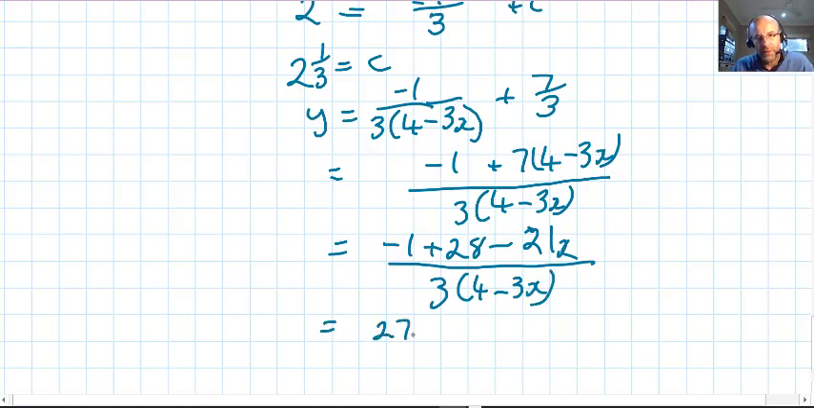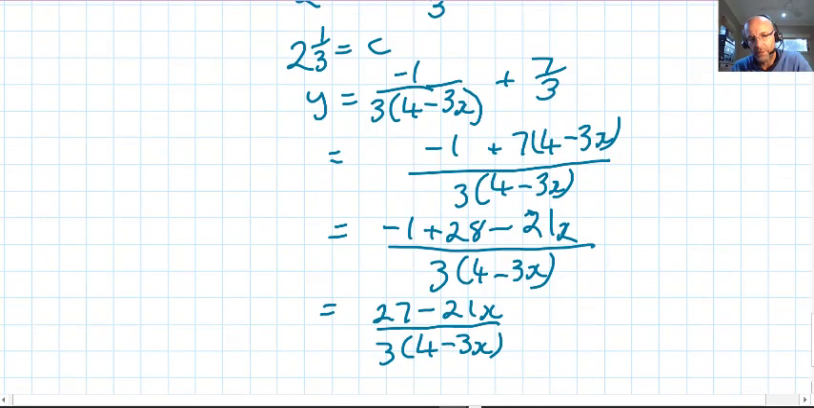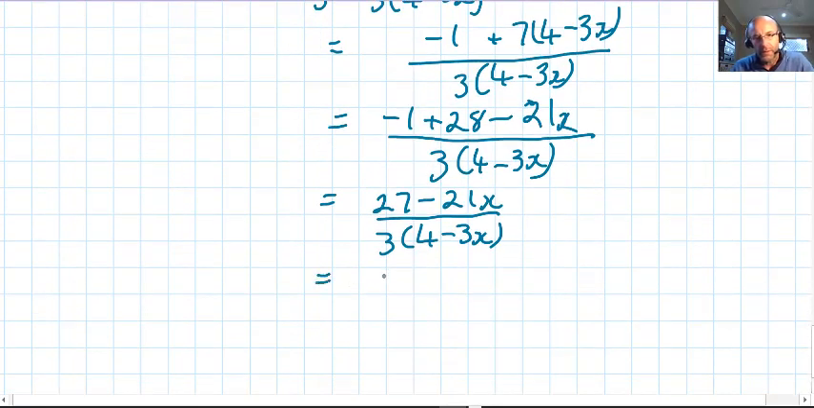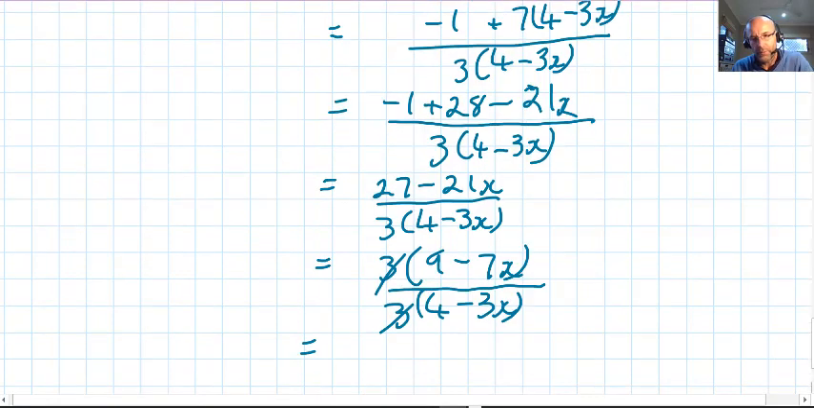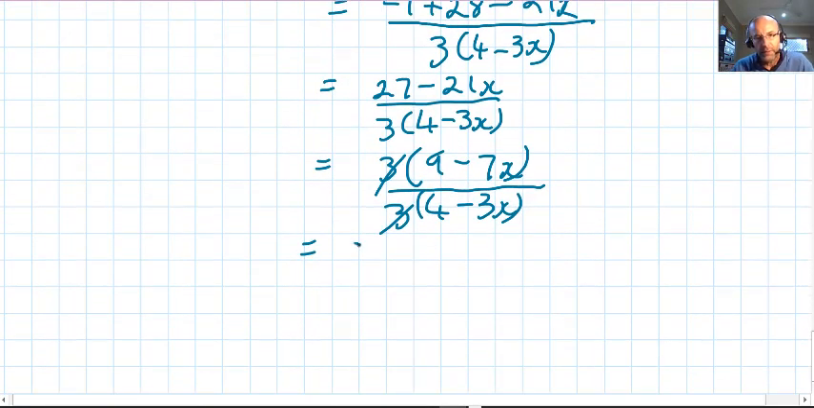Okay, so we have 27 minus 21x over 3. See, I know there's going to be a factor of 3 coming up. That's why I left the bottom factorized. So denominator stays factorized. And take your 3, you got your 9, you got 7x, you got the denominator through 4 minus 3x. And we haven't got far to go now before we can present our answer. Now we got 9 minus 7x over 4 minus 3x,